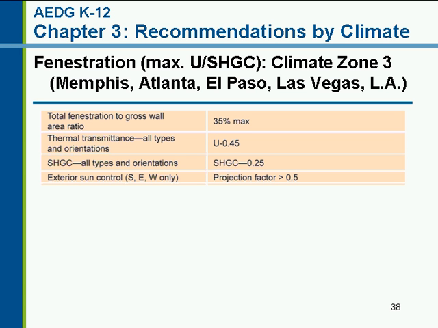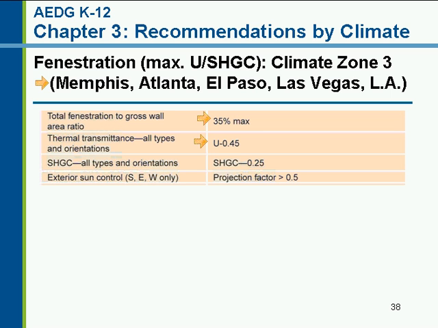Let's go on and look at some of the other climates here. So moving into a little cooler climate, climate zone 3 in the southeast and southern portions of the west. Same fenestration area here, 35% of the wall maximum. Thermal transmittance 0.45, so now we've got a lower U factor here with 0.56 and the other one now it's